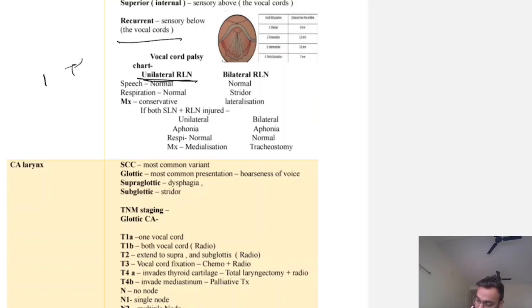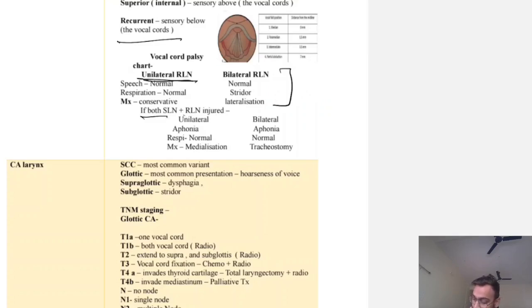Okay, and the most common cause is thyroid surgery, because thyroid is in close relation with this nerve, the recurrent laryngeal nerve. If there is bilateral recurrent laryngeal nerve palsy, then patient requires urgent tracheostomy, because both vocal cords will be in median or paramedian position, so air cannot go inside. So this is life threatening. Patient needs urgent tracheostomy. Okay, so this is bilateral recurrent laryngeal nerve palsy.